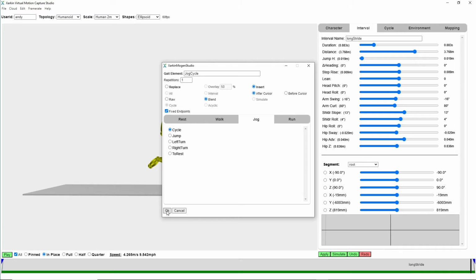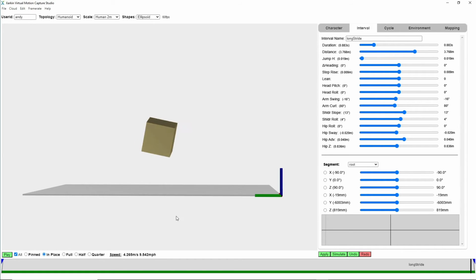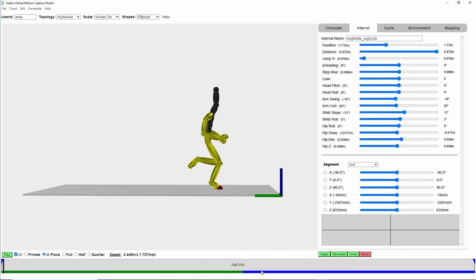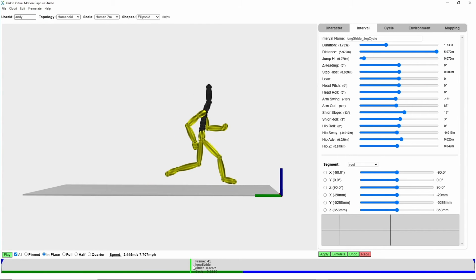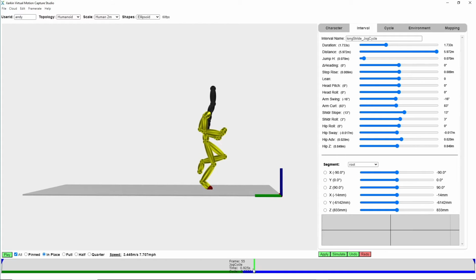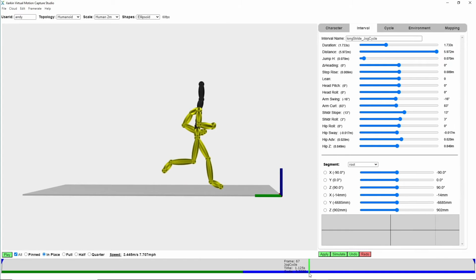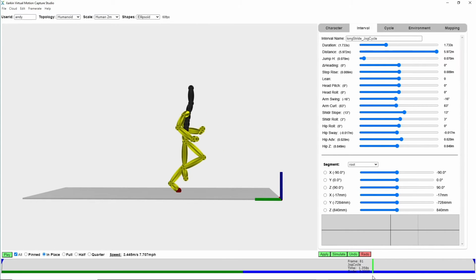And once we do this, we'll see that original long stride, and it will end with a jog cycle. So we can see the jog cycle has been inserted. We've got the original long stride, and as we scrub through, as we come up to the end here, all that nice motion blending is automated, and we can see the character change into a jog right at the end